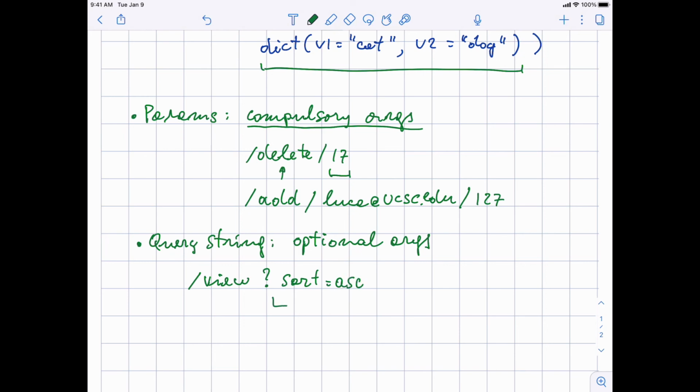Okay, this is an optional parameter. You could avoid specifying the sort, but if you want, you can also specify it. So there can be many of these parameters that are optional. Sort, a query that only gives you part of the results in the view, and so on and so forth. But this has been my general rule. I use parameters for compulsory portions and the query string for the portion that is optional.